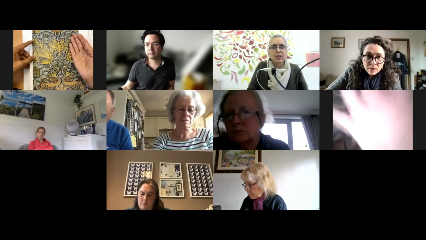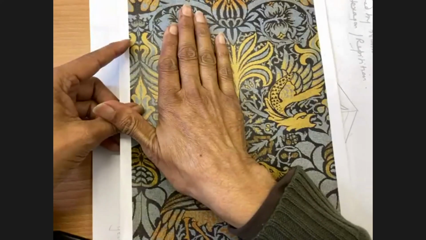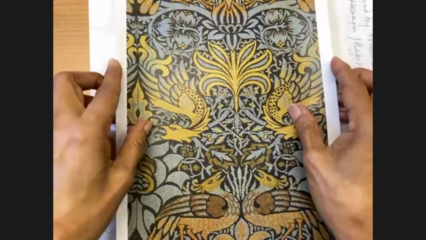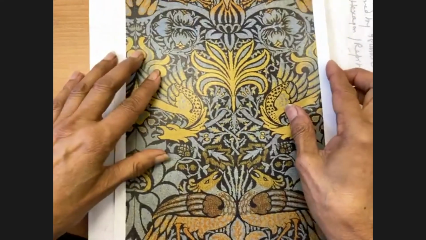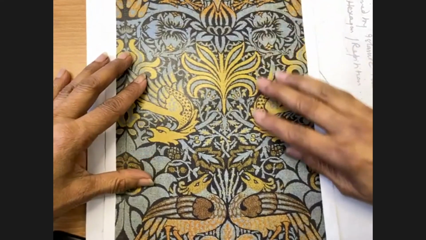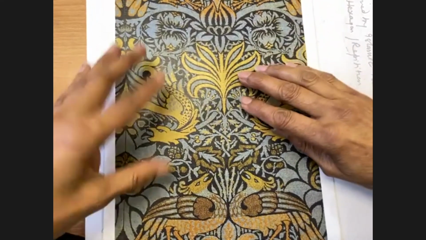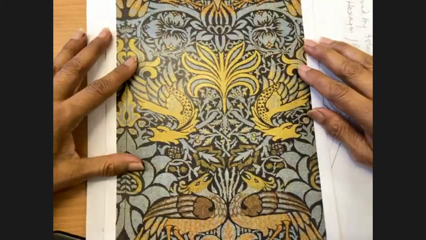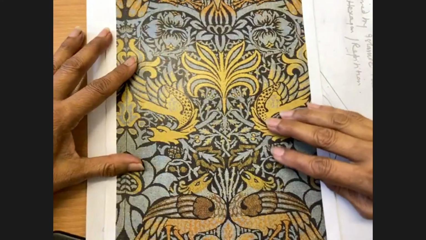So he would almost make half of the image, and then it would be transferred exactly on the other side. And you can see lots of Victorian artists. A lot of wallpapers and things would have been done like this, so it's a brilliant technique for doing a symmetrical design.